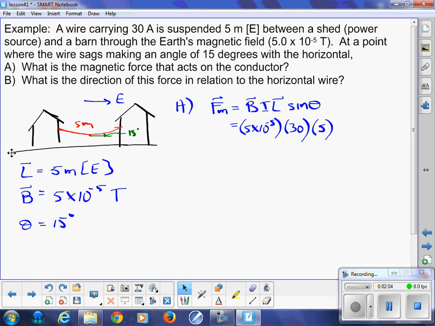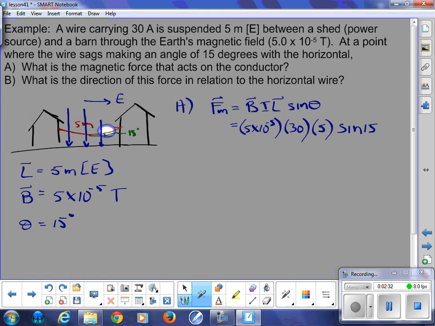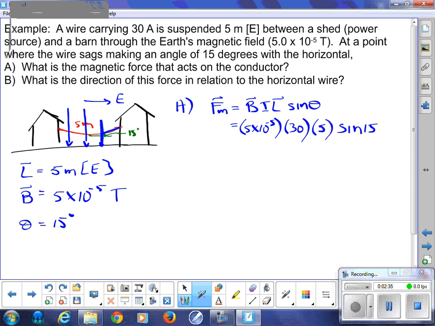Now the uniform field will be, since it's the Earth's uniform field, toward the ground for us. So if it is 15 degrees to that, we can just go ahead and use the 15 degrees then. So that works out all right. So sine 15, because it is the angle between the uniform field, my blue lines, and the red line, or the part of the arc there. So we're looking at the angle here to here, and it's measured to the perpendicular. So that's why that 15 degrees works. So we punch that in, and we end up with,